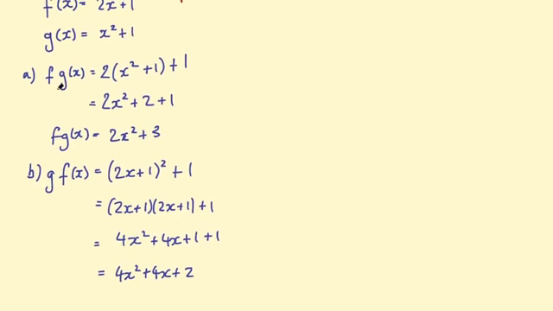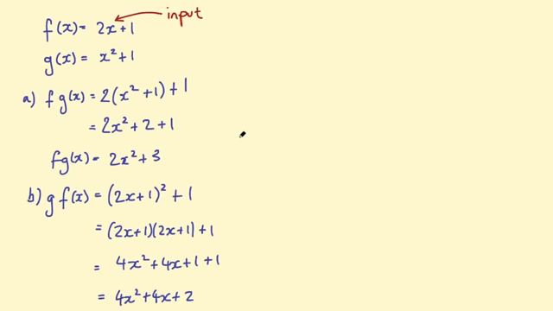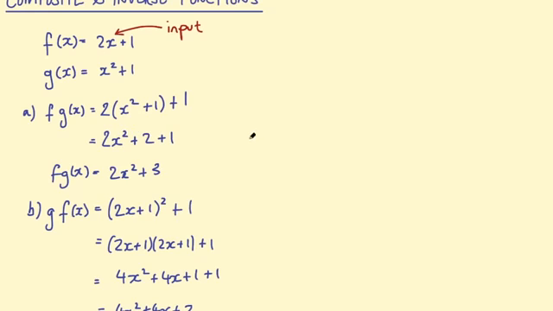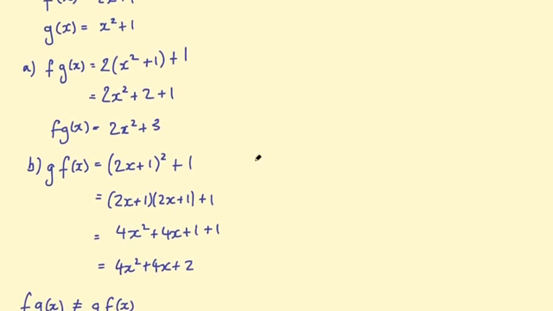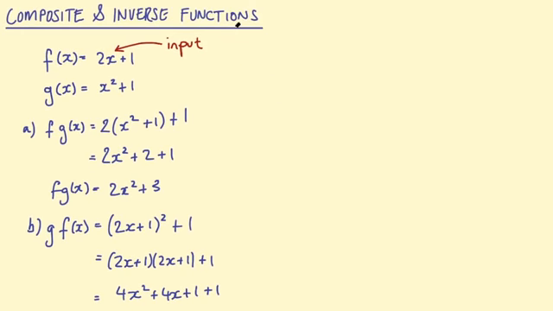Okay, so now you notice that g of f is not the same as f of g. So that's a common element of composite functions, that the order matters. So if we take f of g, it's not going to be equal to g of f. And so that's the basics of composite functions, and then questions can get more complicated when you combine different elements of algebra. So we could get a question saying something like